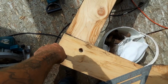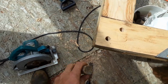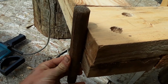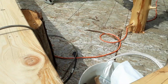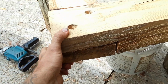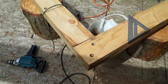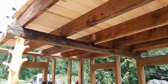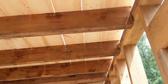So we got to fit those in until they fit in snug and they won't go in anymore, and then we'll cut them off at the end because they are way bigger than the 4 inches. That's not a big deal, but we'll just take a Sawzall to them and cut them off. I'm getting the hang of the half lap joints, and this one's not perfect. I think this is my first one, but it's going to be good enough for holding the roof together. I think I mentioned in another shot, these act as rafter ties too,